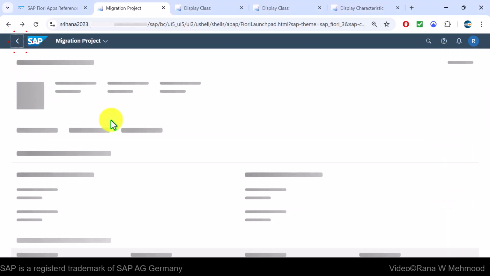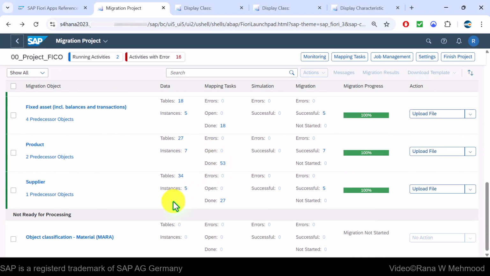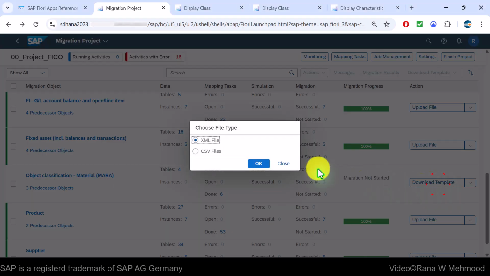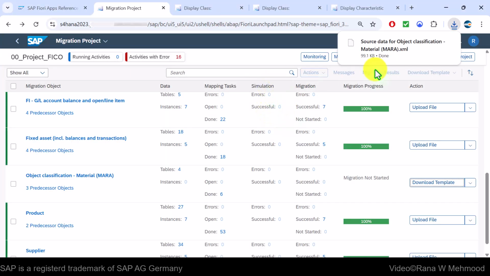Let's go back and scroll down. It is not ready for processing, so let's wait for a few seconds. And here we go, it is ready for processing now. Let's click to download its template as an XML file. We have successfully downloaded the template. Let's open this